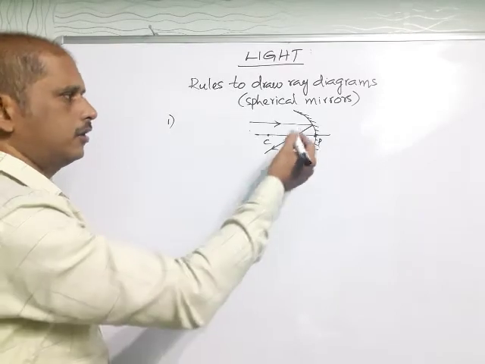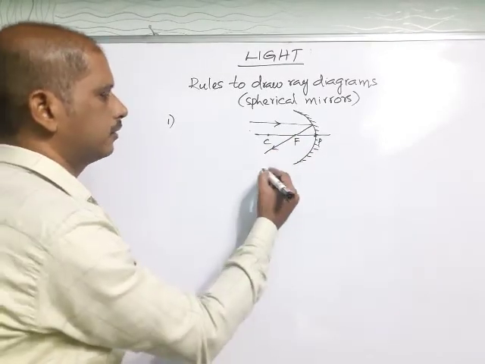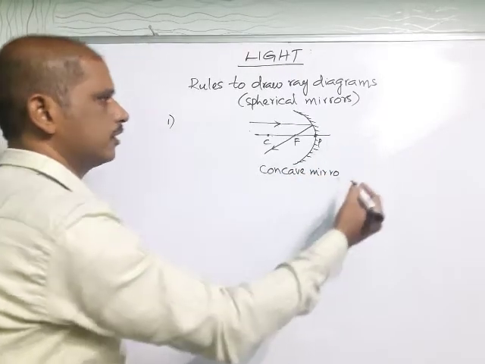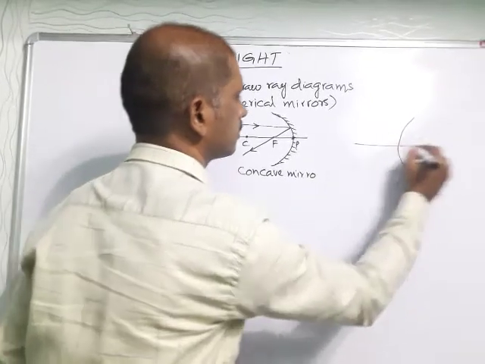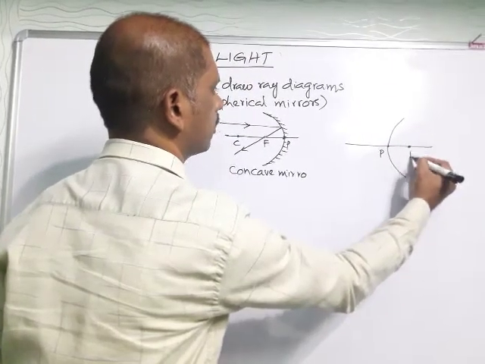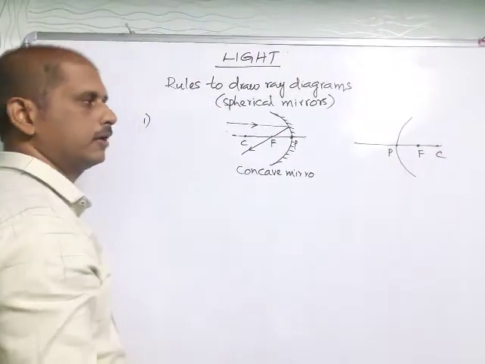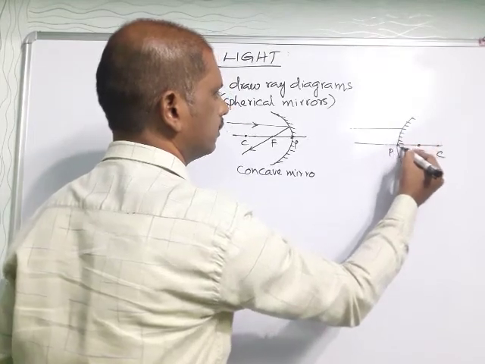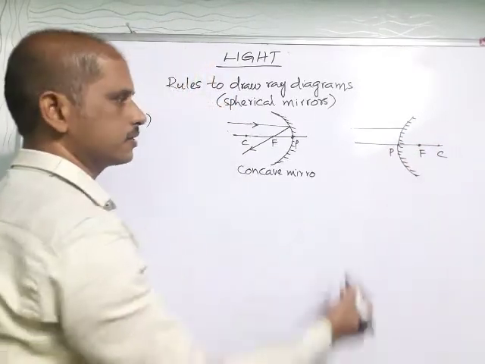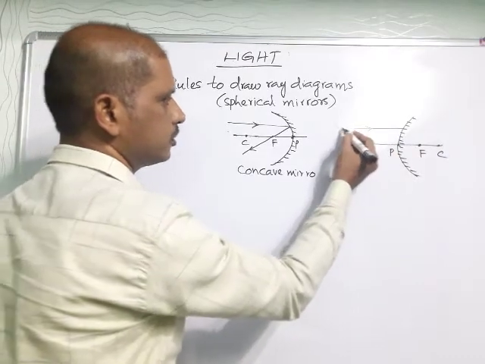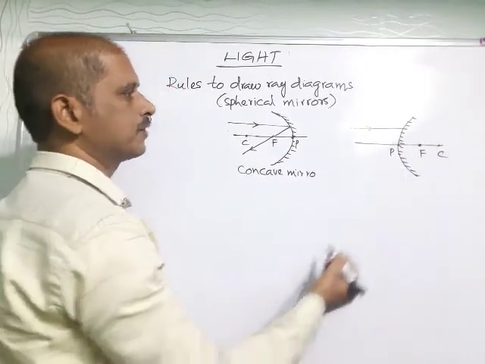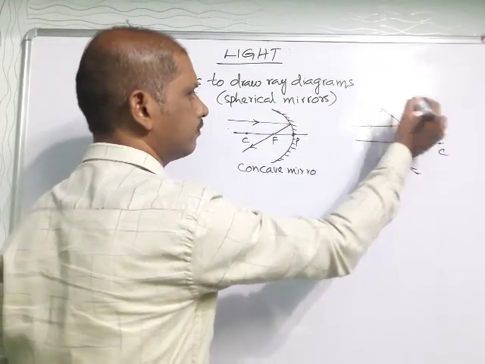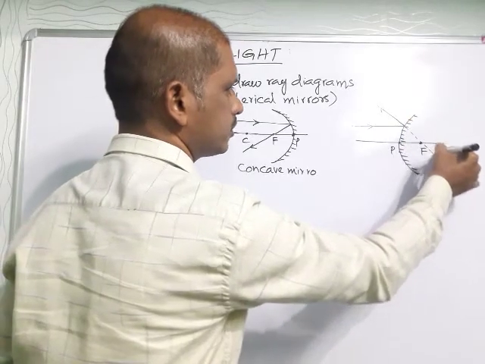For the concave mirror, this is the concave mirror. For the convex mirror also, if you take a convex mirror like this, here is the pole, this is the focus, this is the center of curvature. Now a light ray is passing like this. This is the reflecting surface. This side is coated, then the other side works as a reflecting surface. Here also I consider one light ray passing parallel to the principal axis. After reflection, what happens? It appears to pass through this focus. It reflects back like this, but it appears to pass through the focus.